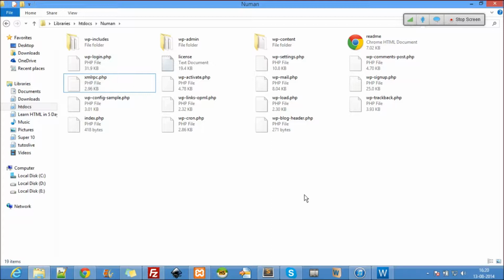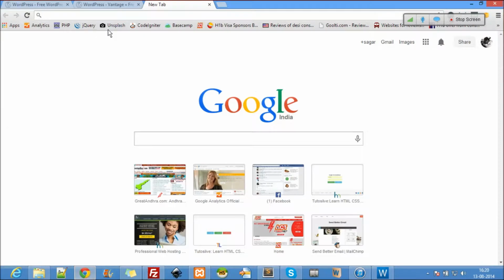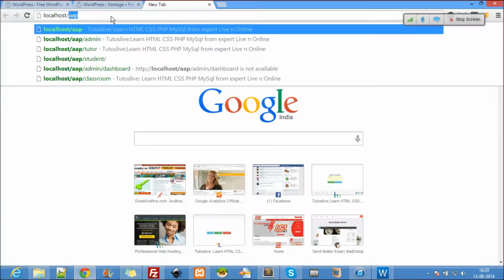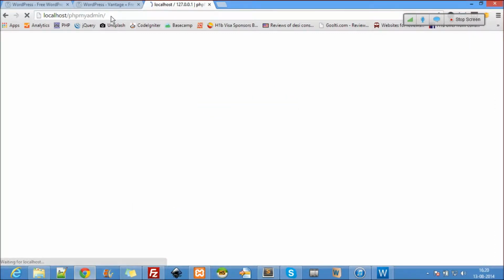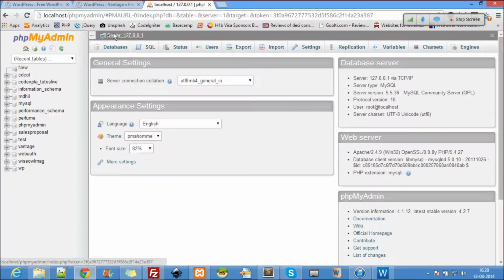But how do I process this? The first step is you have to go to your database. I hope you also know where the database is. This is knowledge you are supposed to have. You type localhost slash phpMyAdmin and go to your database. Most probably your username is root and password is blank. If you have XAMPP or WAMP or anything on your computer, type localhost slash phpMyAdmin. It will take you to a login. If it's your first time, put username as root, password blank.